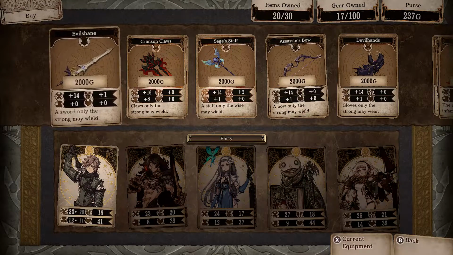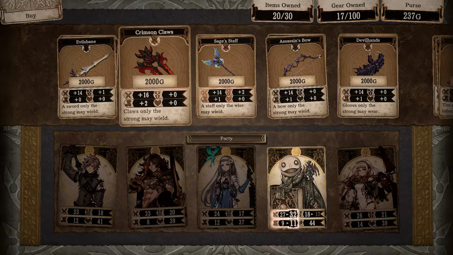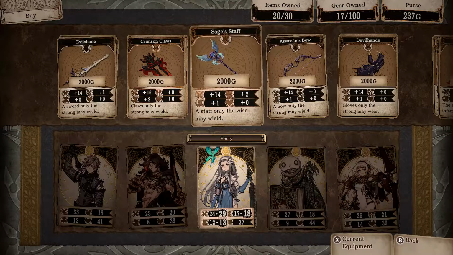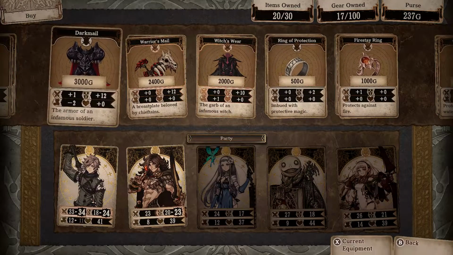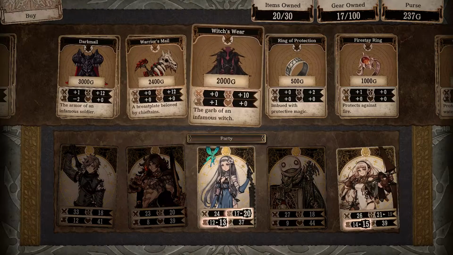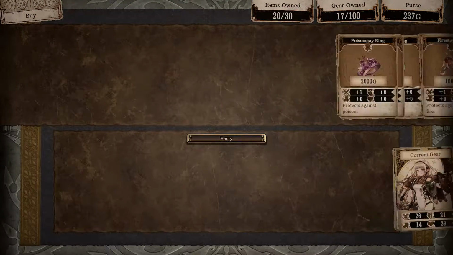Evil's Bane. Okay, so the Phoenix Blade was slightly better in hindsight, but oh well. Crimson Claw, good for a meal. Sage's Staff. Oh, that's a big boost. Assassin's Bow, Devil Hand, Dark Mail. Jesus. There's a lot of cool stuff, Witchwear. There's a lot of cool stuff we could have bought instead, but...